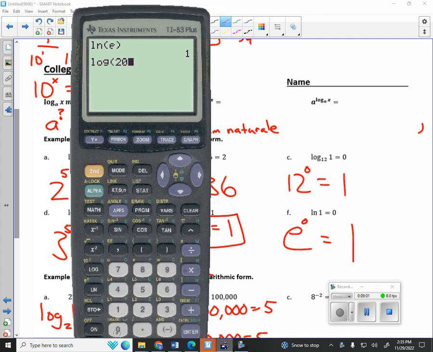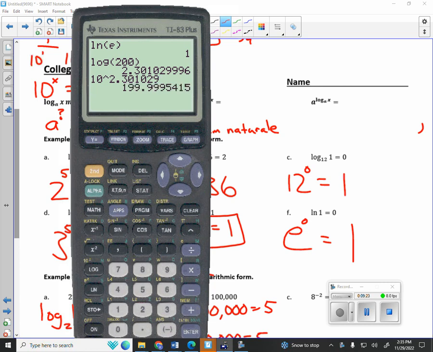If you take the logarithm of 200, you get 2.301. So if I took 10 and I raised it to the 2.3010299, and I press enter, it's going to give me a value very close to 200,